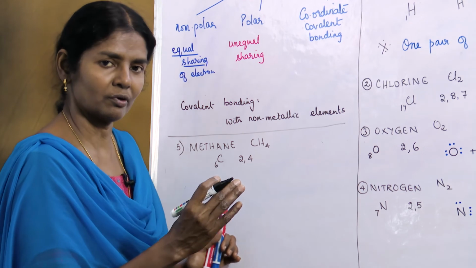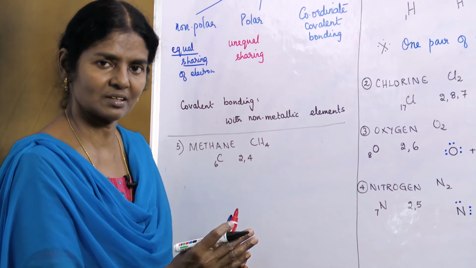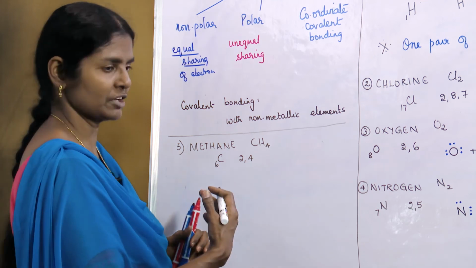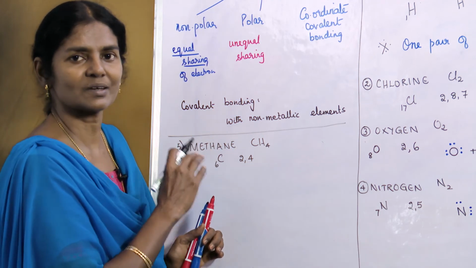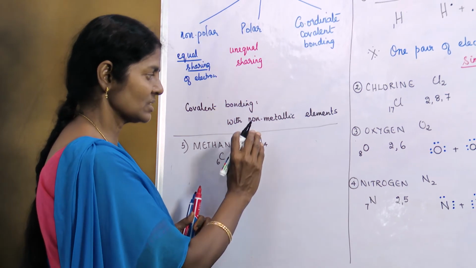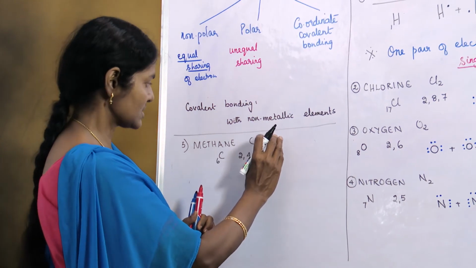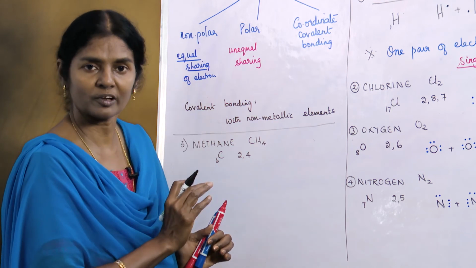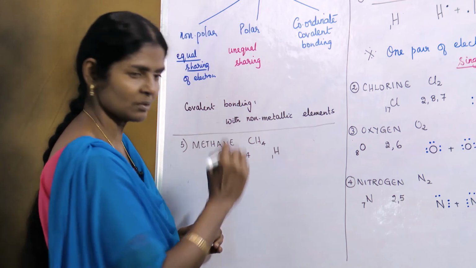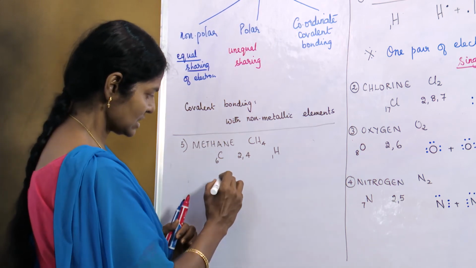And having 4, it's not easy to lose, neither is it easy to gain. Both are difficult. So sharing is the only option left. So what does it do? It shares with 4 hydrogen atoms to form a compound of methane. Hydrogen has an atomic number 1. Now let's see the